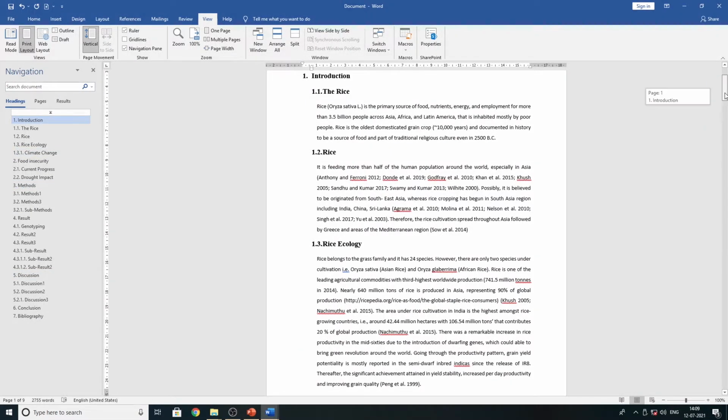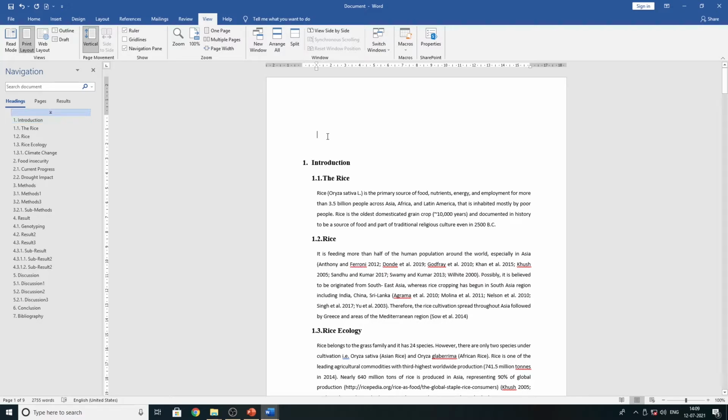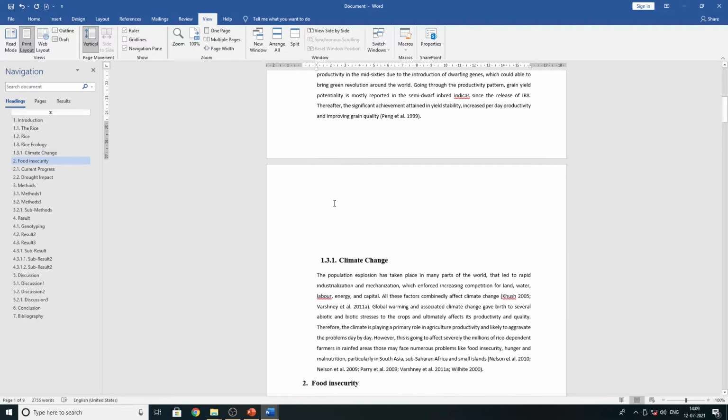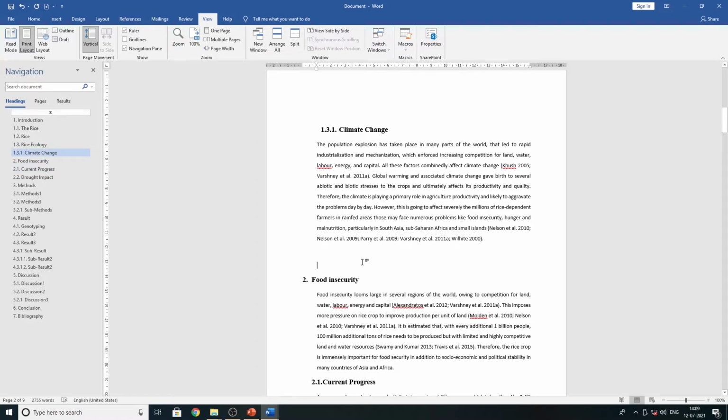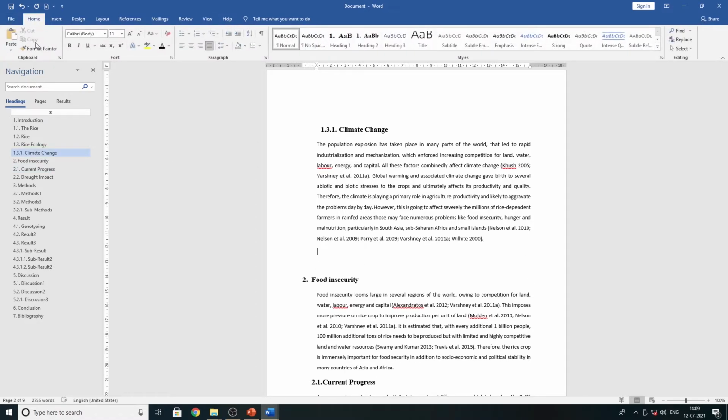Next, I'm going to show you how to add figures and tables in your documents like a professional. So here I'm going to add figures.